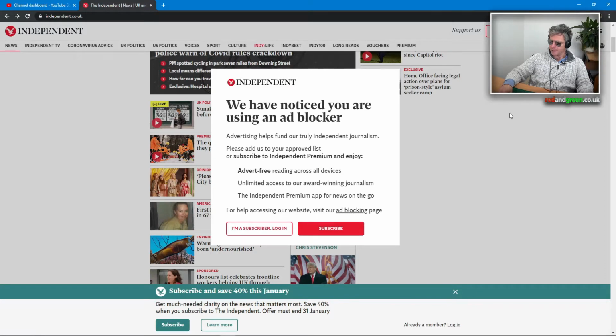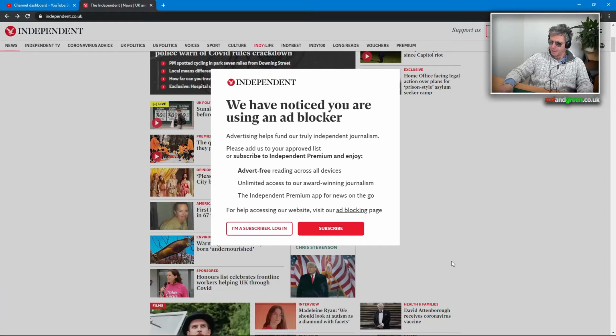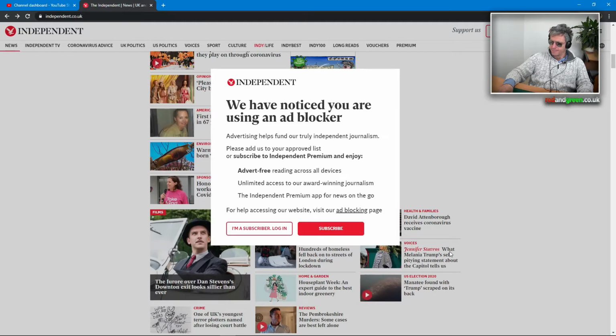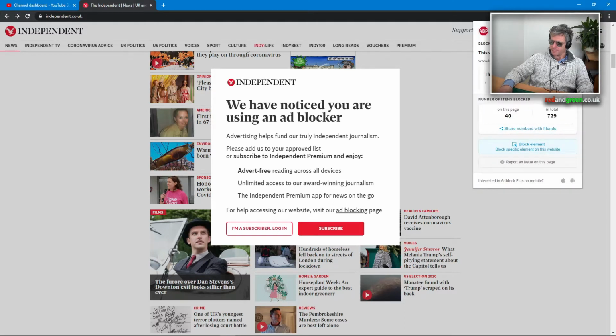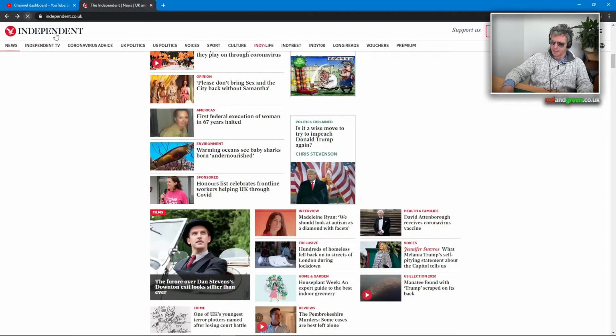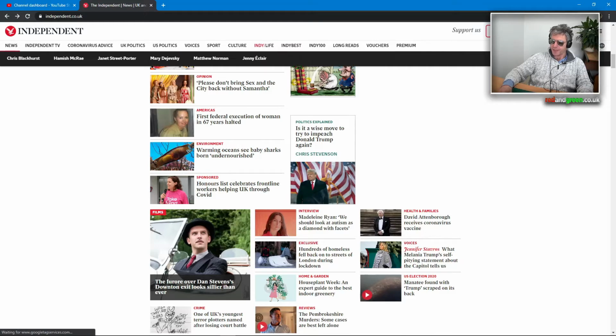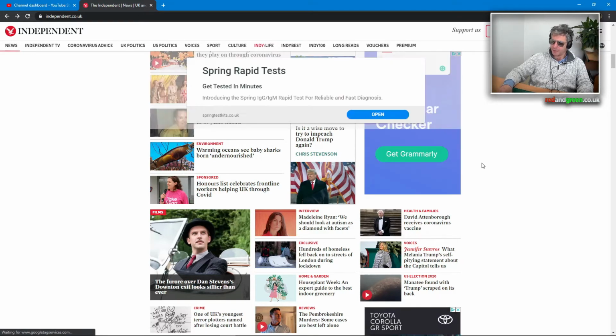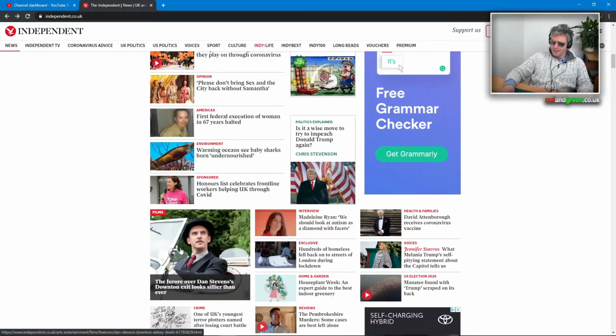Ad blocking. Okay, so I think it's detected my ad blocker, is it? Again, okay. I had ad blocker on. Do you see? I just switched it off, so that enabled me to see a bit more of the page. Okay, so